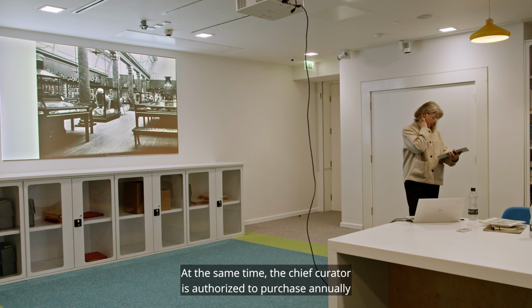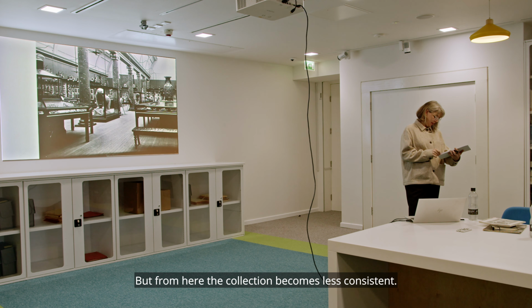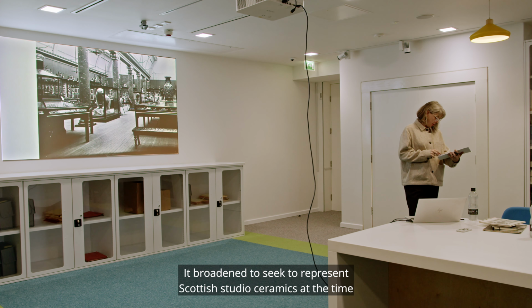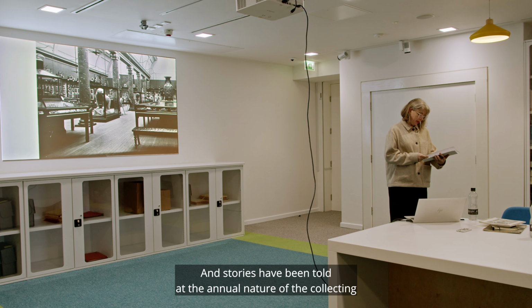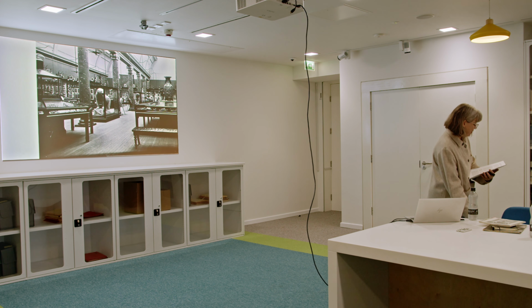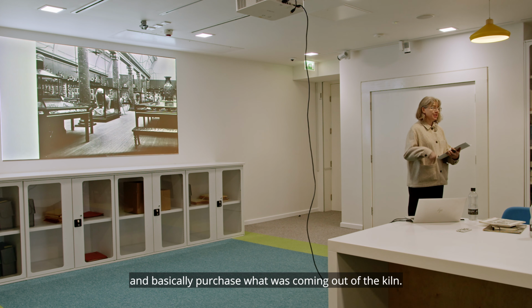At the same time, the chief curator was authorised to purchase works annually to maintain the national importance of the collection, but from here the collection becomes less consistent. It broadened to seek to represent Scottish studio ceramics of the time, Alec Leckey, Dave Cohen, Bill Brown, Rosalie Cooper, for example, and stories have been told that the annual nature of the collecting meant that the curators would often turn up at local potters' doors just before the end of the tax year and basically purchase what was coming